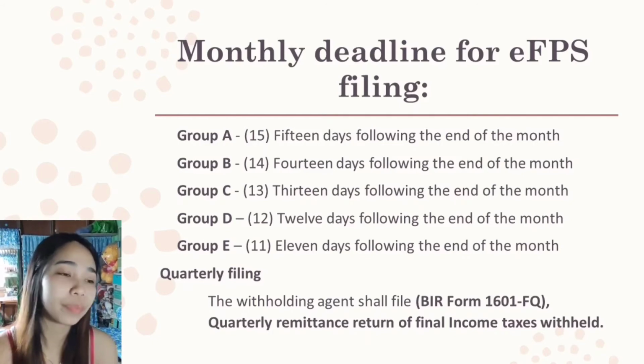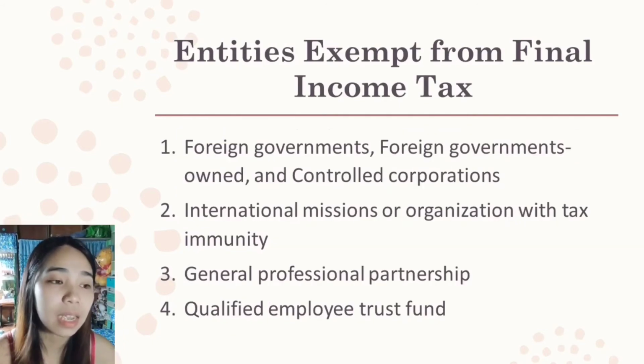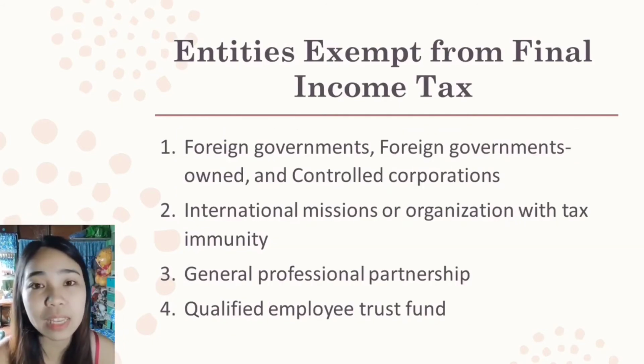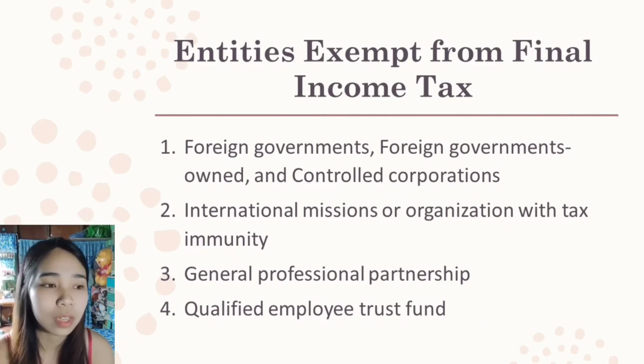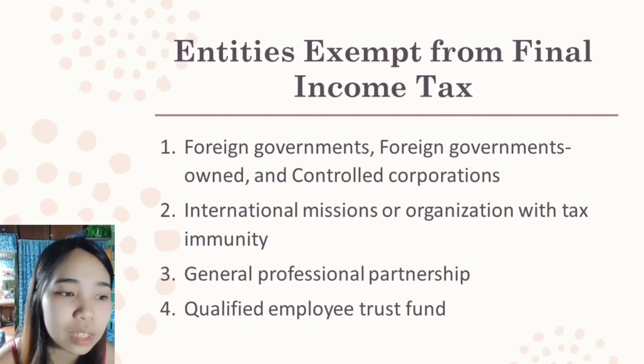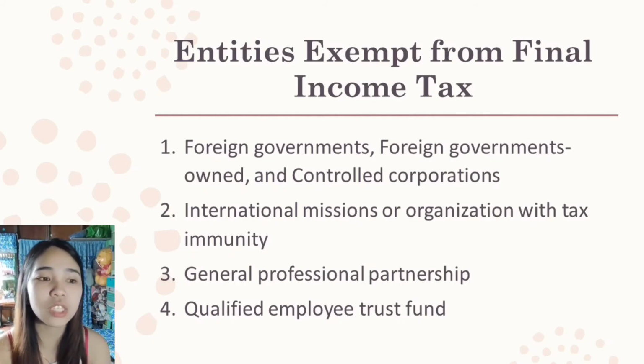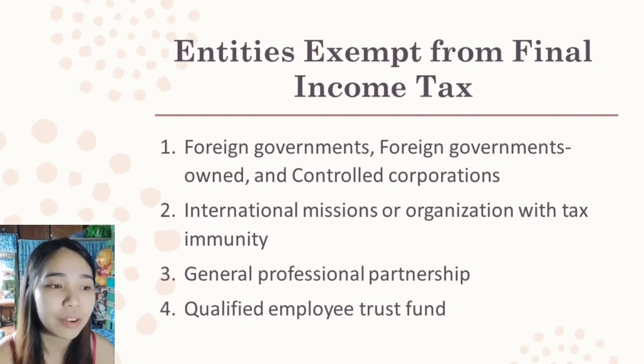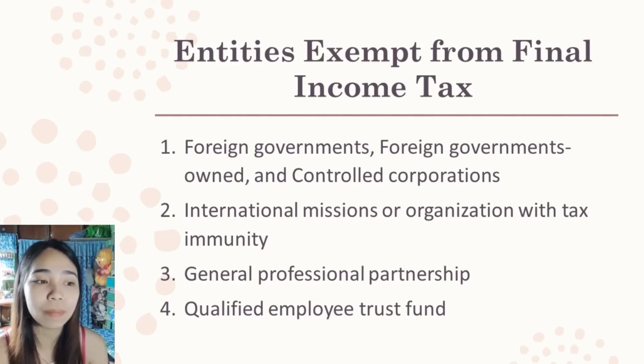So here, the next is entities exempt from final income tax. One, foreign governments and government-owned and controlled corporations. Two, international missions or organizations with tax immunity. Three, general professional partnerships. And four, qualified employee trust funds. Okay? So what do you think,